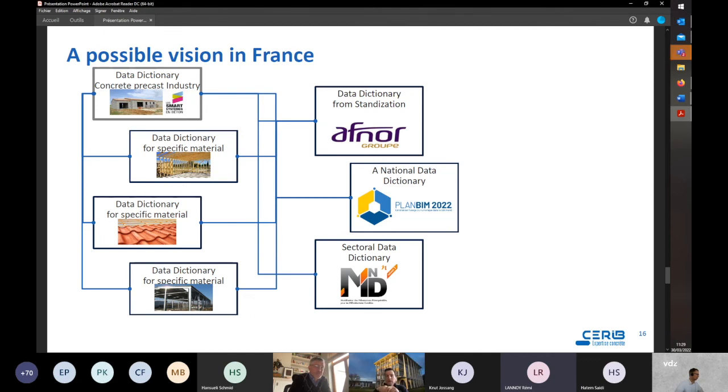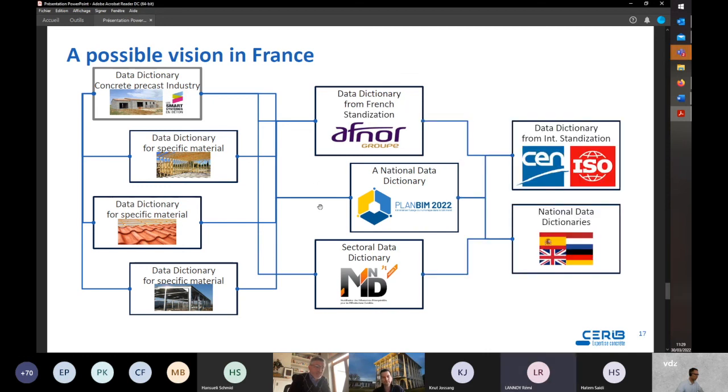ATEM have told us about the French national dictionary POBIM, but I think that we will have a dictionary connecting for us from standardization and standards with AFNOR, or other sectorial data dictionaries like the project MIND for infrastructure, and then with an international scope, like a dictionary for international standards, or other national initiatives in other countries.